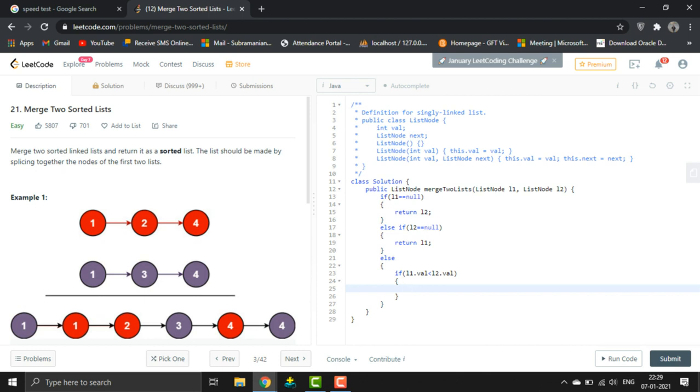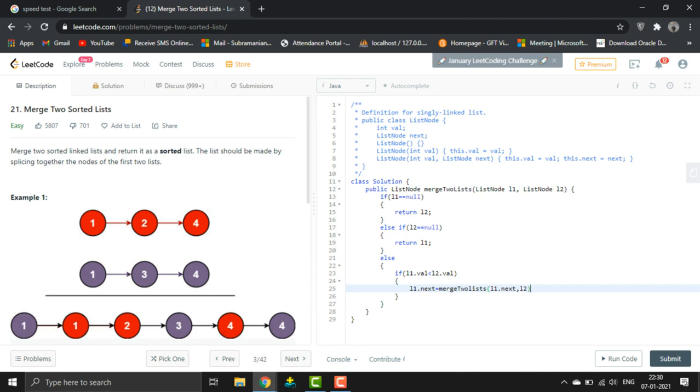If L1 value is lesser than L2 value, then we should move L1 to the next element, and we have to call this function, merge two lists, where we are going to pass the arguments L1 dot next and L2.